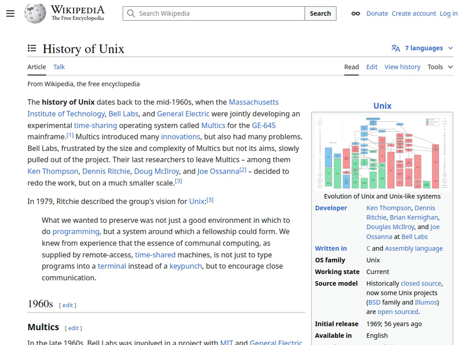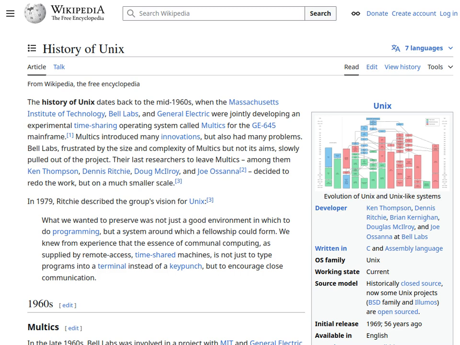And we also saw a microprocessor port to the LSI-11 in 1978, and they were working on an Intel 8086 version, and we started seeing the first microcomputer versions of Unix and Unix-like systems emerging. So the 1970s were really a period of rapid evolution and expanding reach for Unix, right?